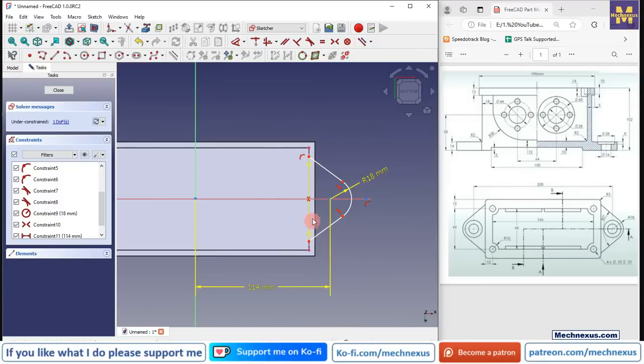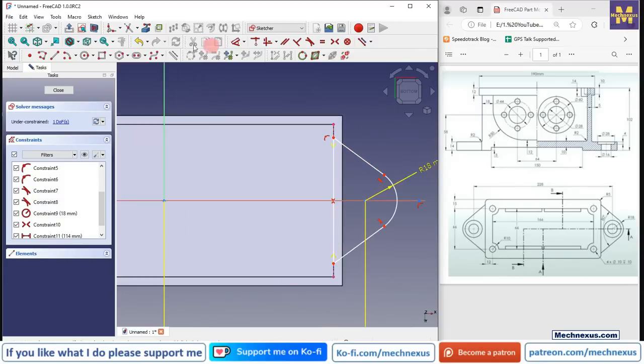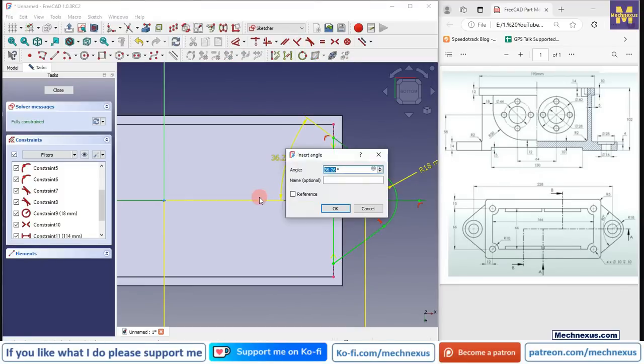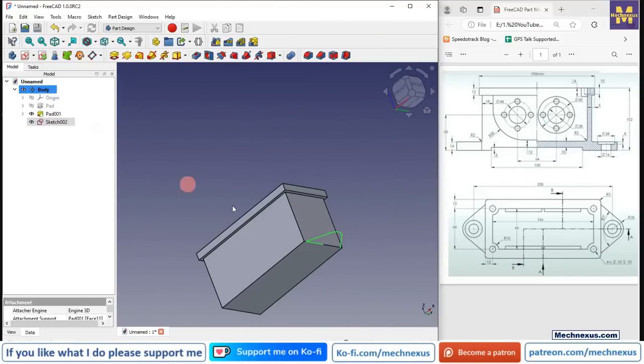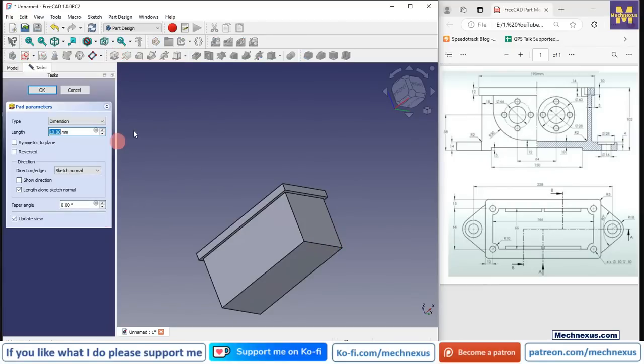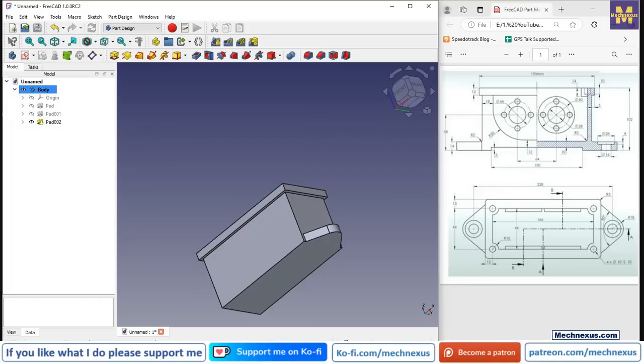and now we will constrain the angle. So select smart dimension, select this and this, and provide the 40 mm, click on OK, and now click on the pad tab and click on the reverse, and here provide the thickness is of 14 mm, click on OK, and